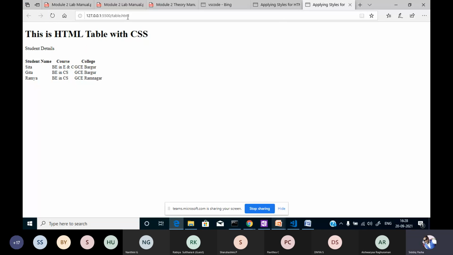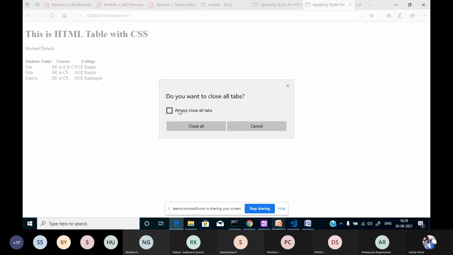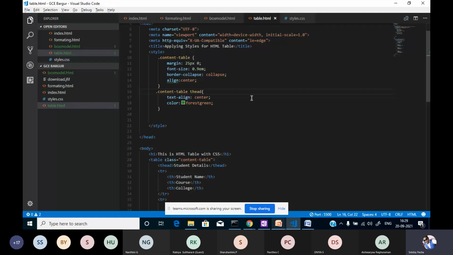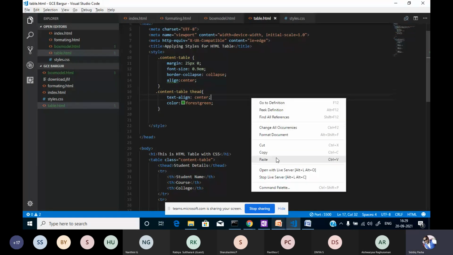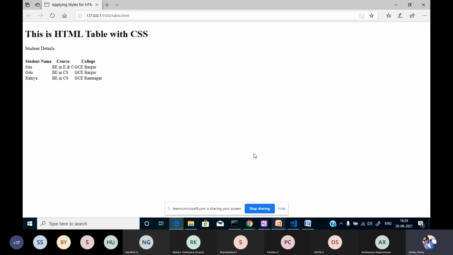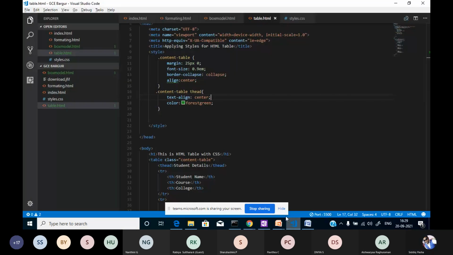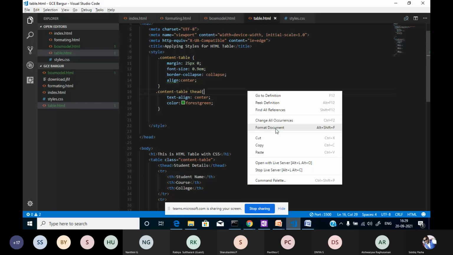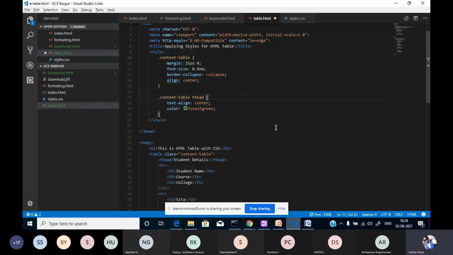Why is it not rendering? I'll close this once and run it once again. Open with live server. No, not rendered. I'll format the document. Content table.